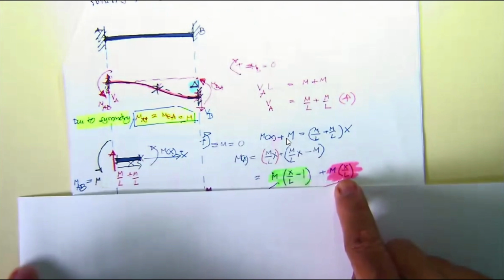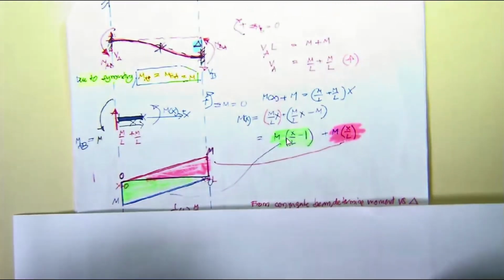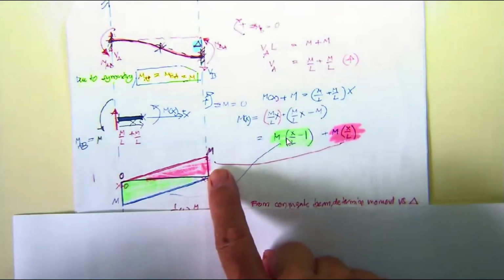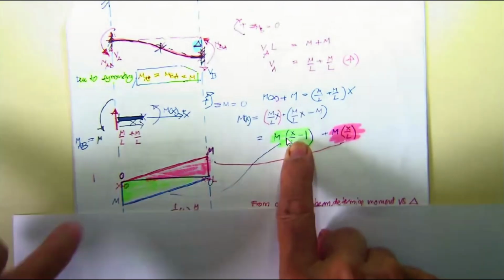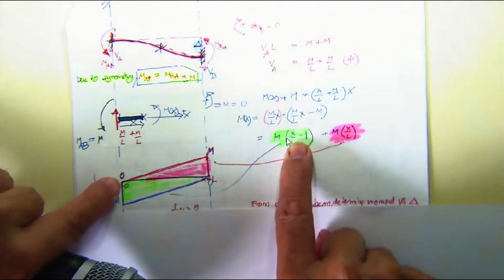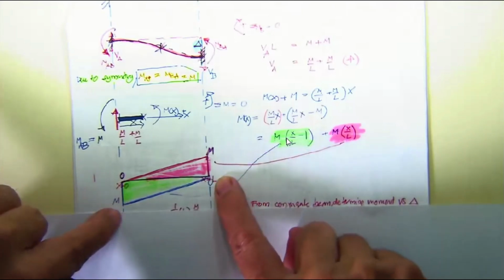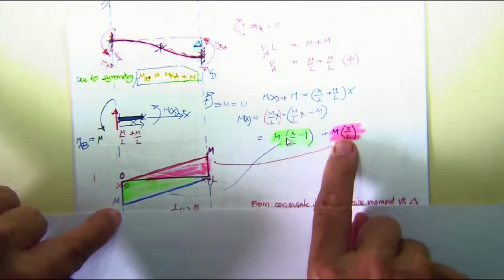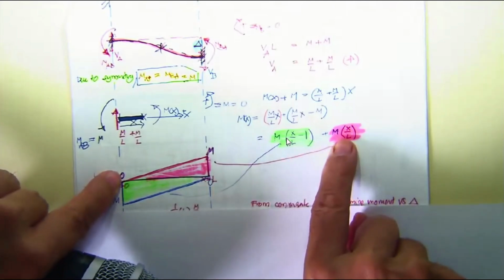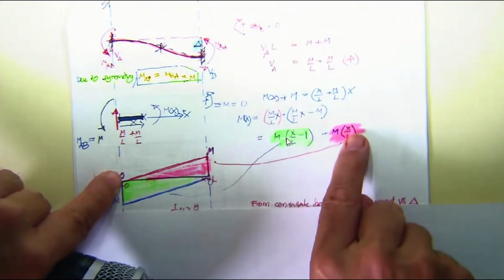That looks the same as before. Yes, it looks the same as before, but a bit in reverse. For this term, you have x equal to 0. That means the m is going to be negative, and this is a linear equation. When x equals L, this is going to be 0, the green. For the pink, x equals 0, m is going to be 0. X equals L, you have this one to be m.